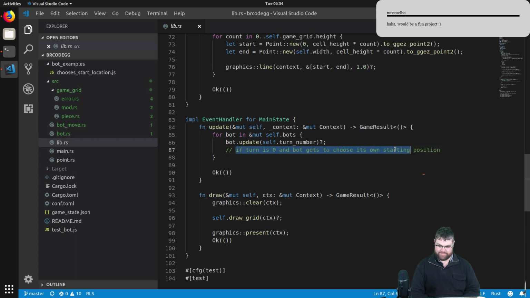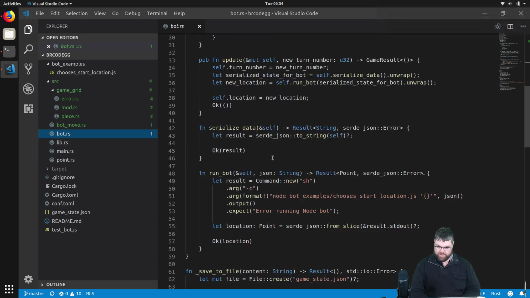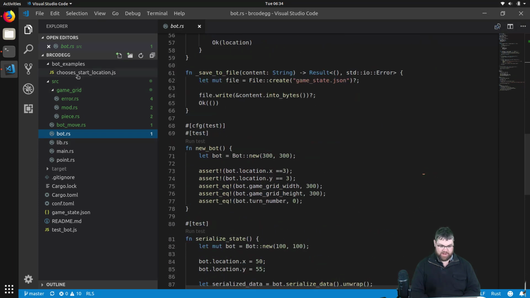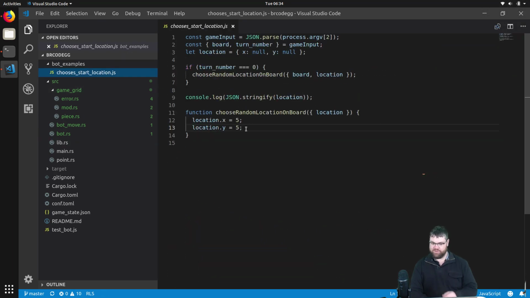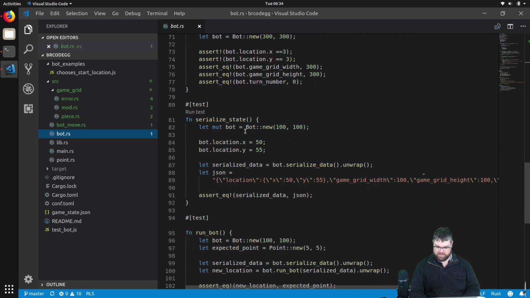And then the bot itself in JavaScript is choosing its starting location if it's turn 0 at position 5,5. And then finally, in the bot itself,